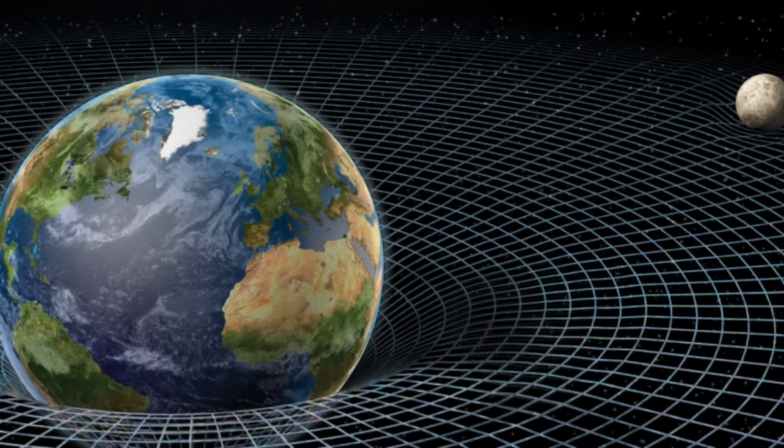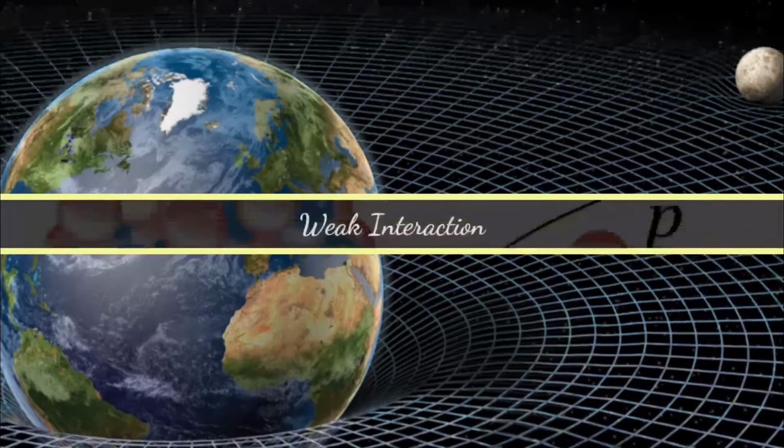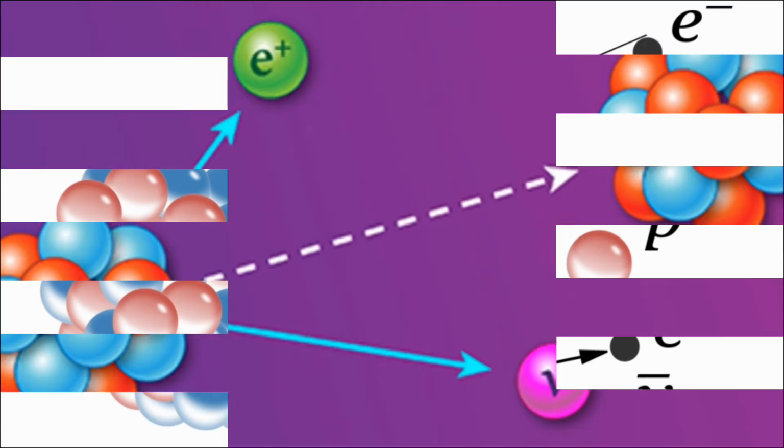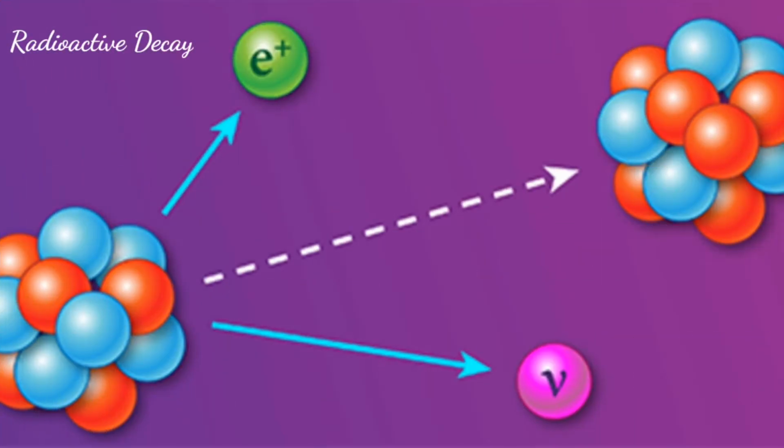The next force that we'll move on to is maybe the hardest force for us to visualize, and that is called the weak force. It's quite an ironic name because the weak force is not even the weakest force, as we just learned. The weak force is sometimes called the weak interaction, and it's what's responsible for radioactive decay. And in particular, it's responsible for beta minus and beta plus decay.